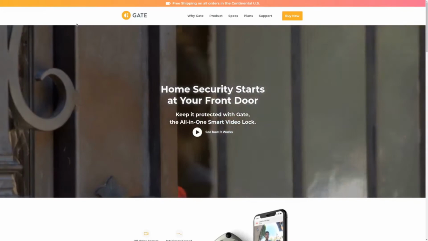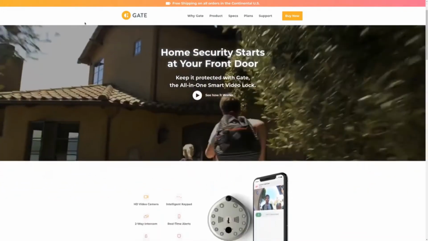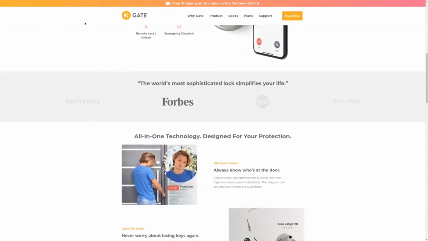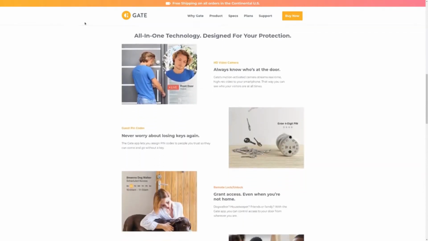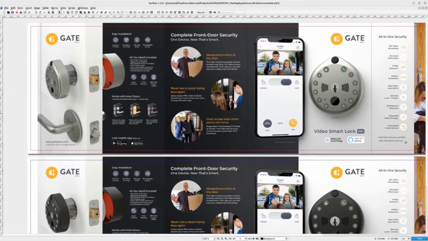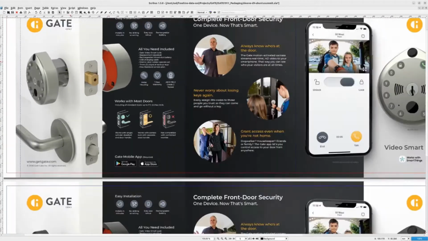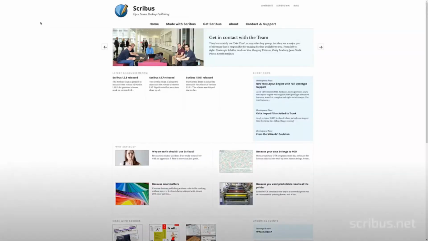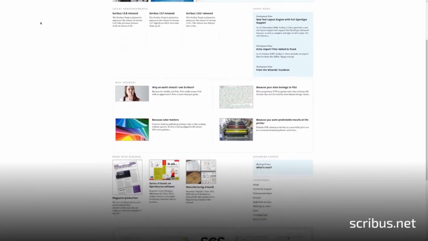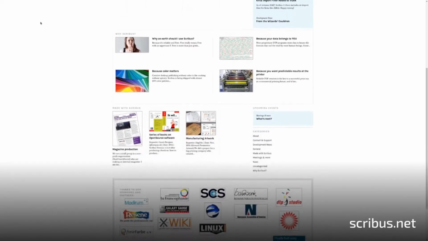Gate Labs is the creator of the Gate Smart Lock. As part of a broader brand revamp, Freehive was involved in the redesign of their retail packaging. Here you can see what that packaging looks like in the free software application called Scribus. Scribus is a desktop publishing tool created by volunteers and available for Windows, Mac OS, and Linux, like the other